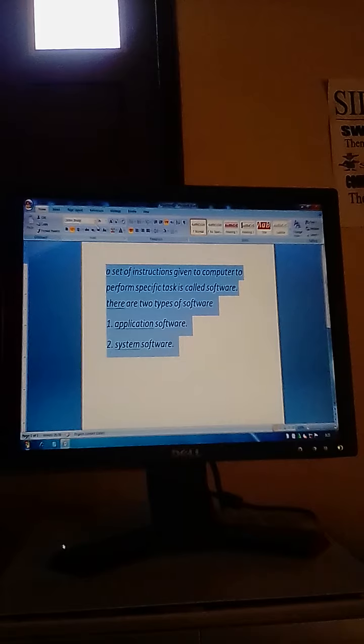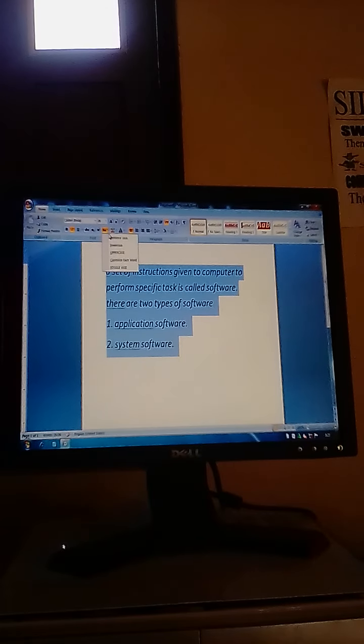Secondly, if you want to change the first letter of each word into capital, you will click on capitalize each word.